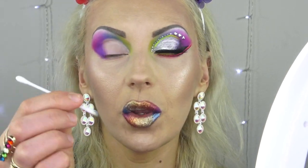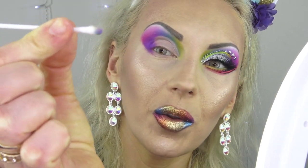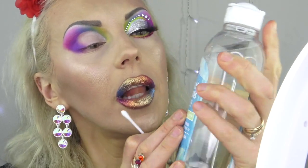So, okay, I already cut my crease, and I didn't show this on camera, but this is kind of tedious and not interesting. I use this Q-tip, see it's dirty. So I put this into my micellar water. This is not a brand name, it's